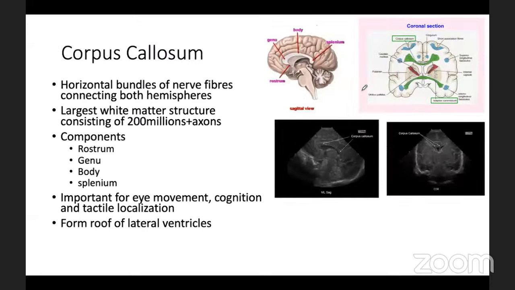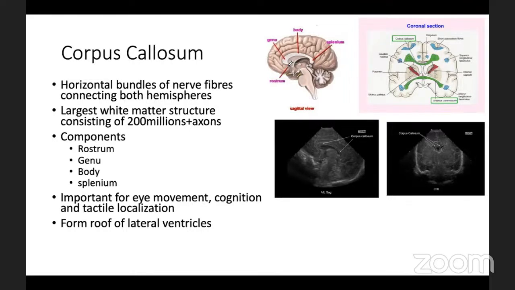Corpus callosum is another midline structure which contains the horizontal fibers which connect the two hemispheres. This is being shown here in the green. And this is the largest white matter structure, containing about 200 million plus axons. And if you can see here,